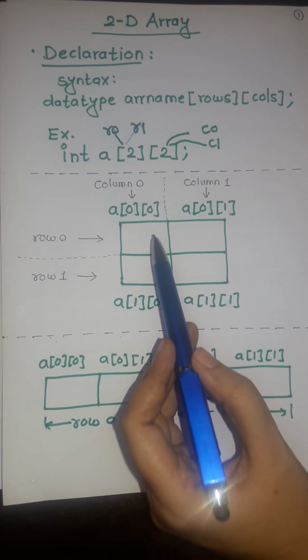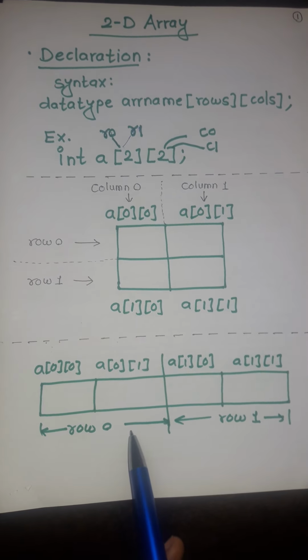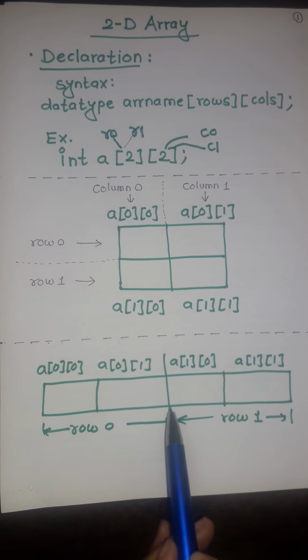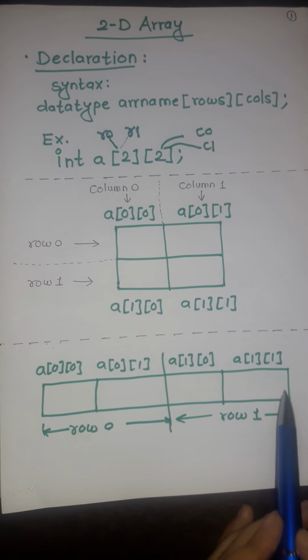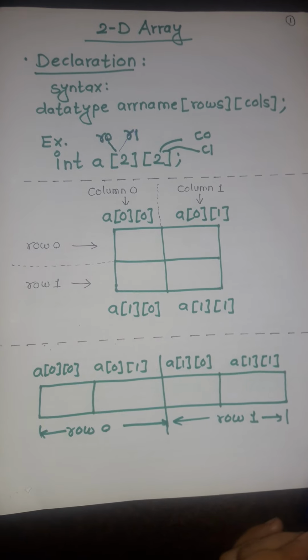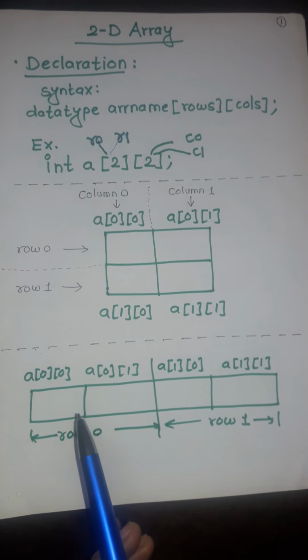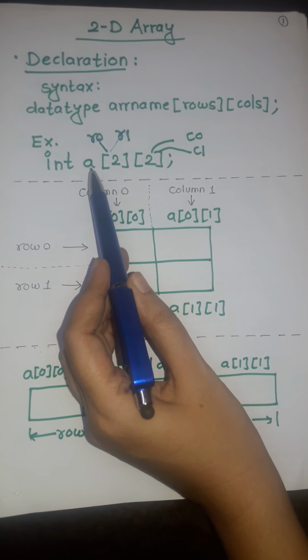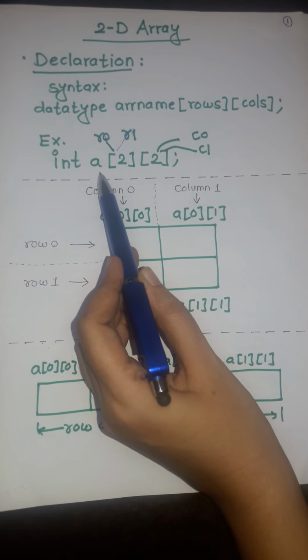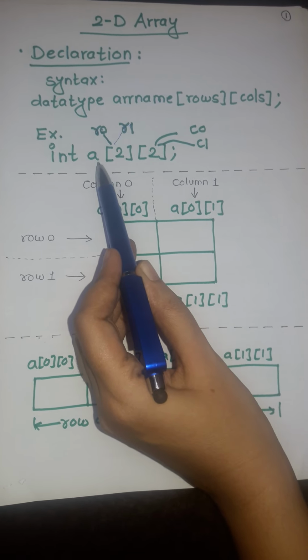One important thing is, whatever be the elements of an array, they are always stored in contiguous memory locations. They are never stored in this format. They are stored like this. That is, row 0 is completely stored, row 1 is completely stored, row 2 and so on. So this is the array declaration. Here you can choose any name as the array name. The rules for array name are the rules of an identifier.